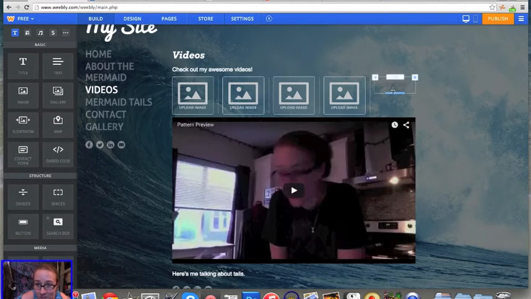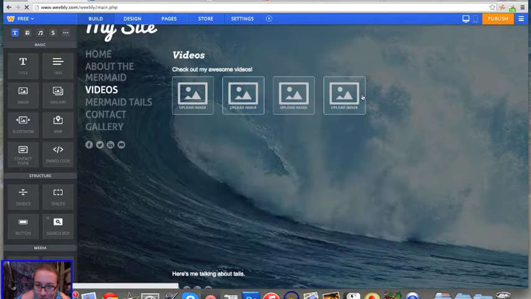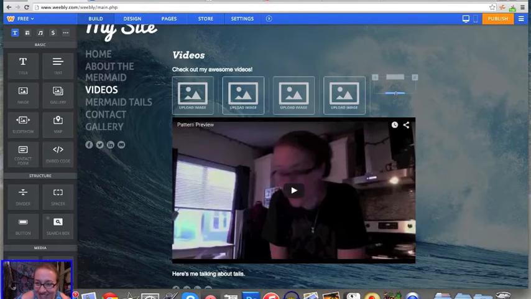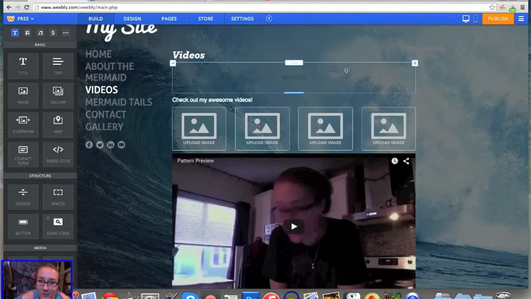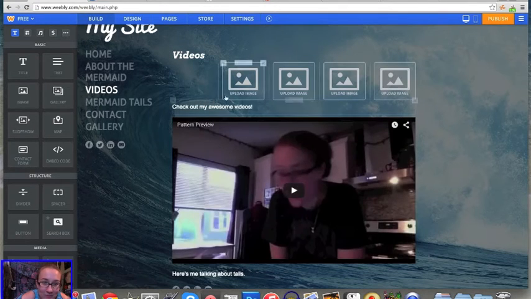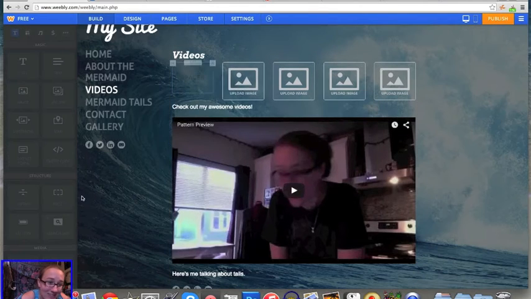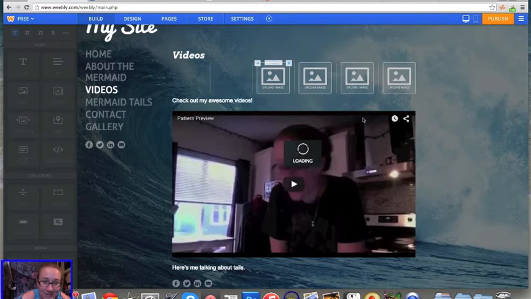Anyways, the spacer you can resize. I am having trouble resizing it for some reason. It's giving me a hard time. My computer's just being a bit slow. But yeah, if you're frustrated with spacer, you can just add more spacers. I've done this where I've had like 6 spacers side by side, and it just keeps